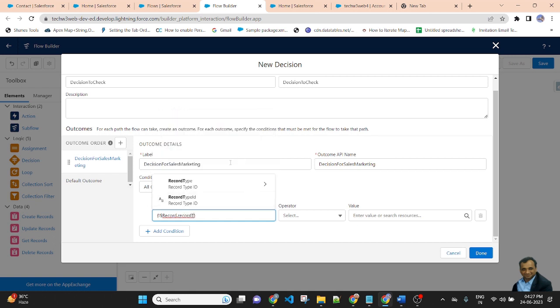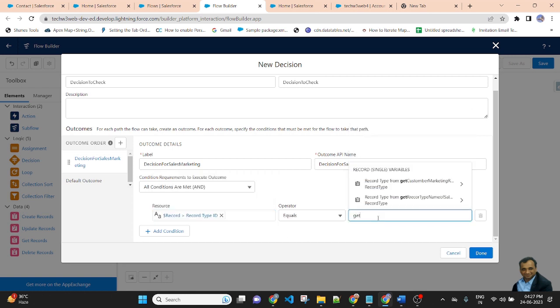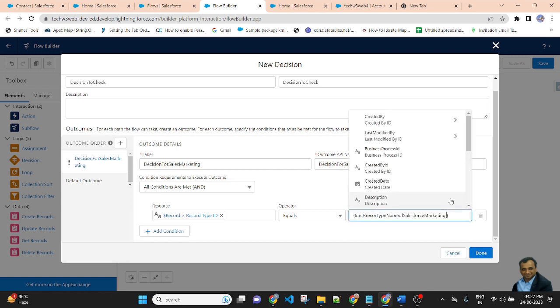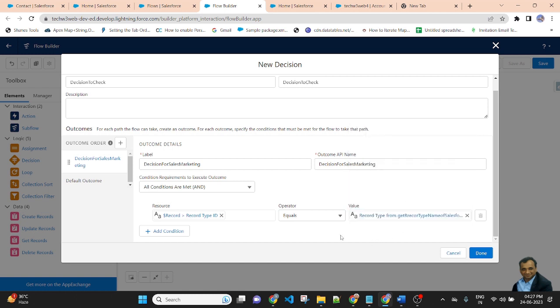This Record Type ID is equal to get. There are two get record types, Customer Marketing and Sales Marketing. First will be Sales Marketing dot Record Type ID, and done.